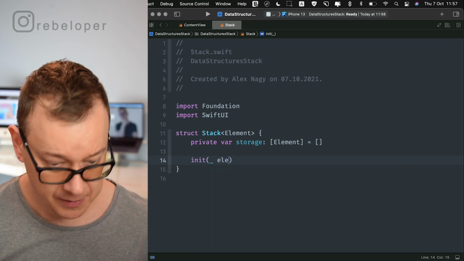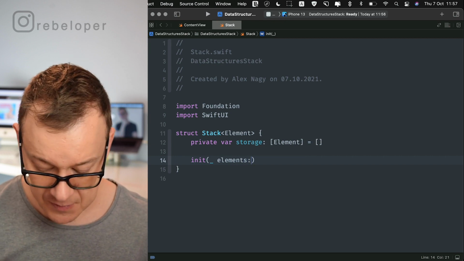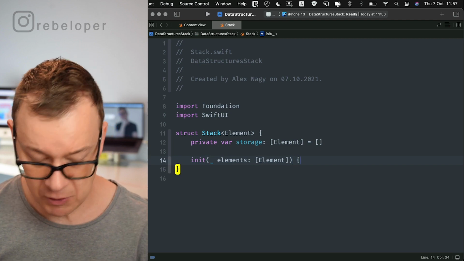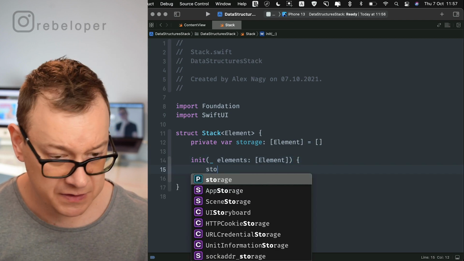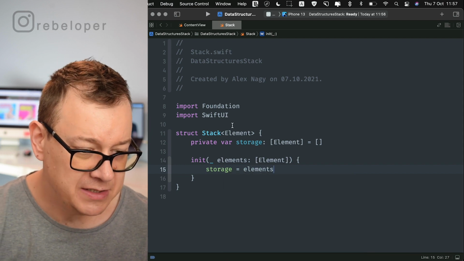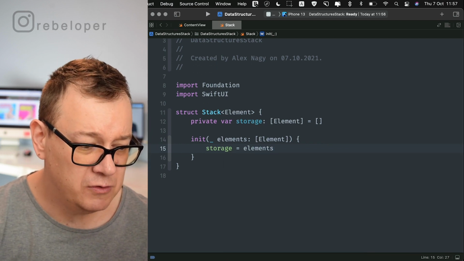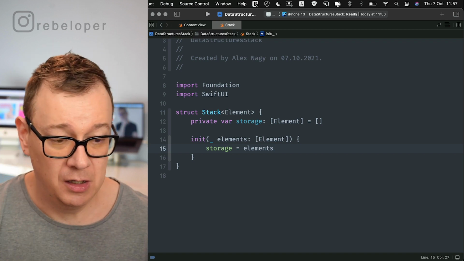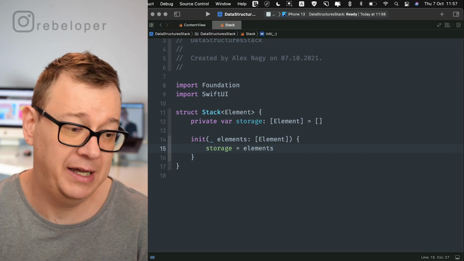So elements of type element array, and what we're going to do here is go storage equals elements. Okay, that's perfectly fine. What I do want to add in here is another type of initialization, and I will just add that as an